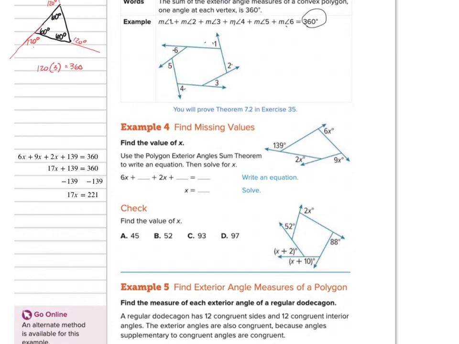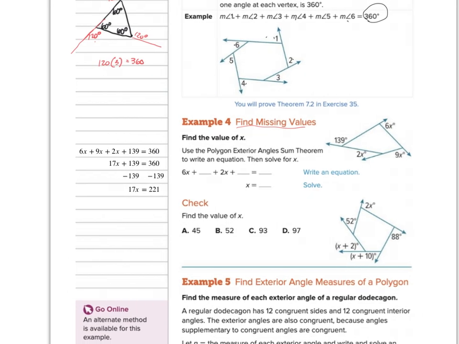So with that, looking here, finding the missing values. 1, 2, 3, 4 exterior angles. They should add up and be equal to 360 degrees. So I have 6x plus 9x plus 2x plus 39 equals 360 degrees. Combining like terms, I combine all my x values, and got 17x plus 139 equals 360. Subtracting 139 from both sides, 17x is equal to